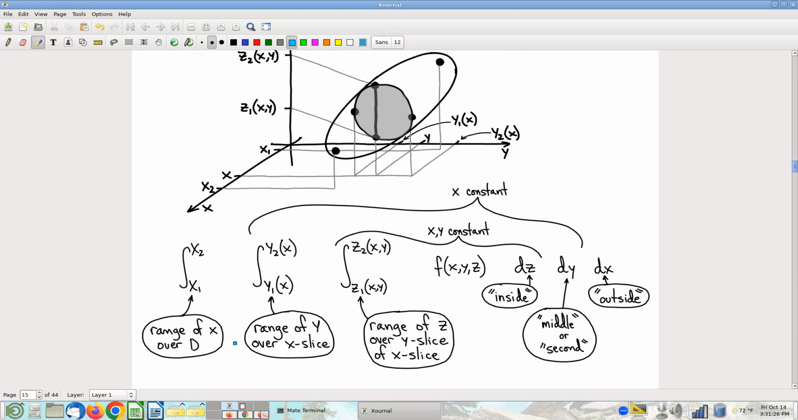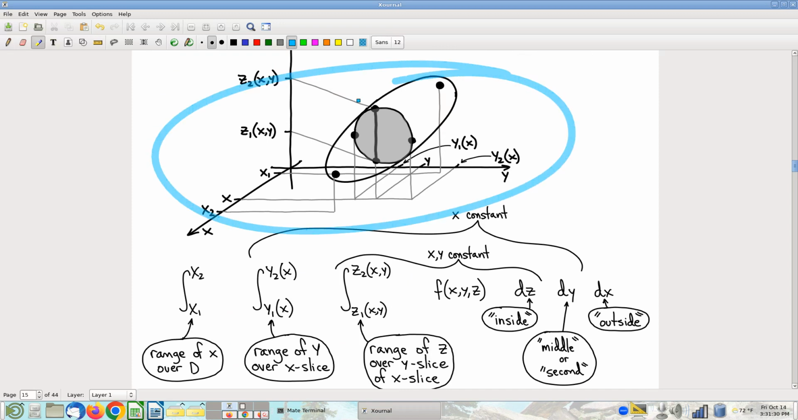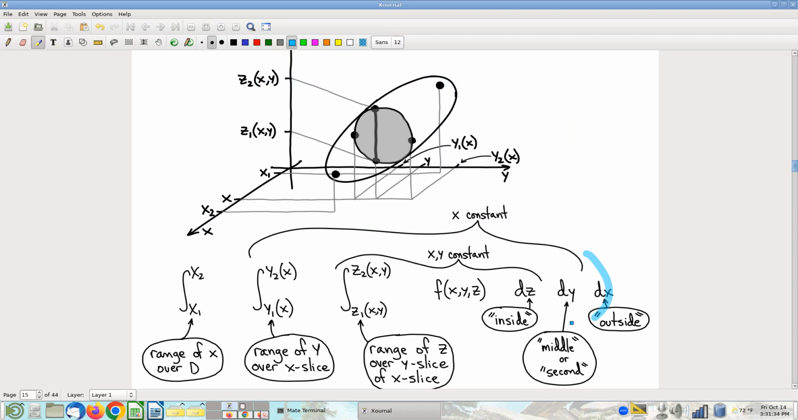So here's what it looks like algebraically. So we talked last time about what it looks like geometrically. Algebraically, we've got x going from x1 to x2. So there's our x bounds. Our outer, you'll notice, our outside integral bounds. Okay, then, for a given value of x,